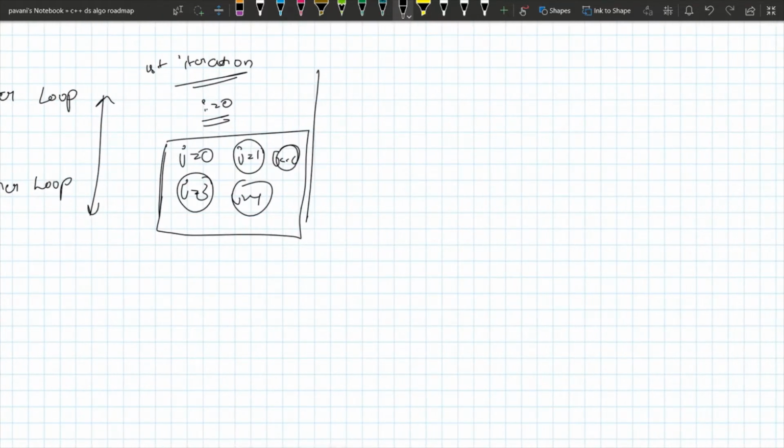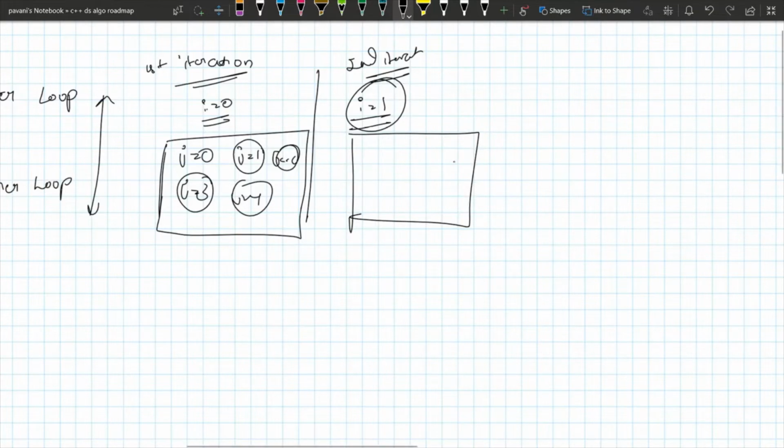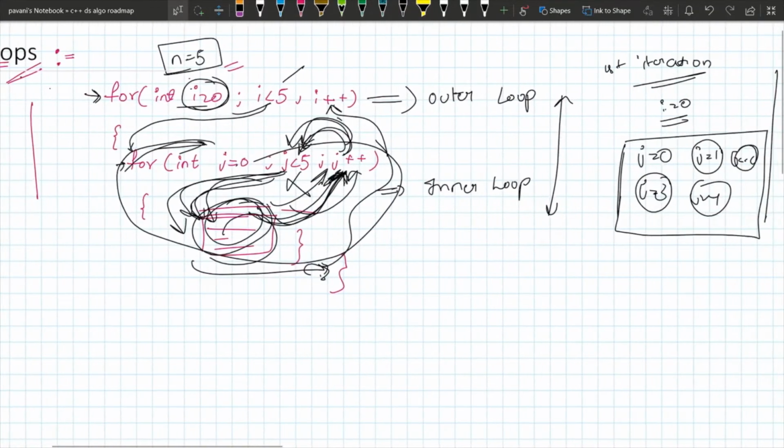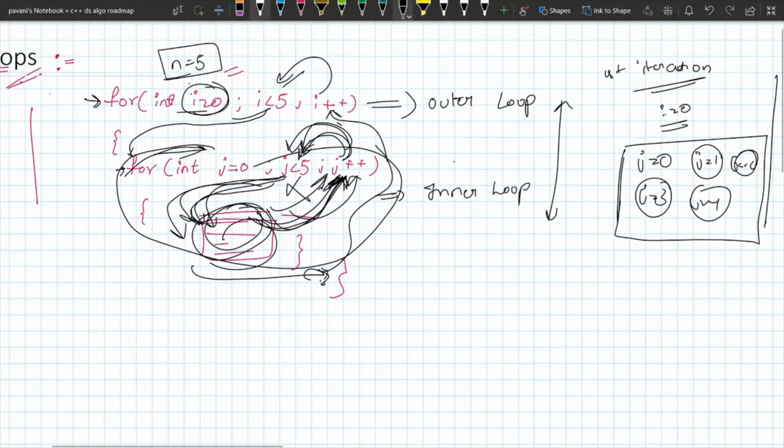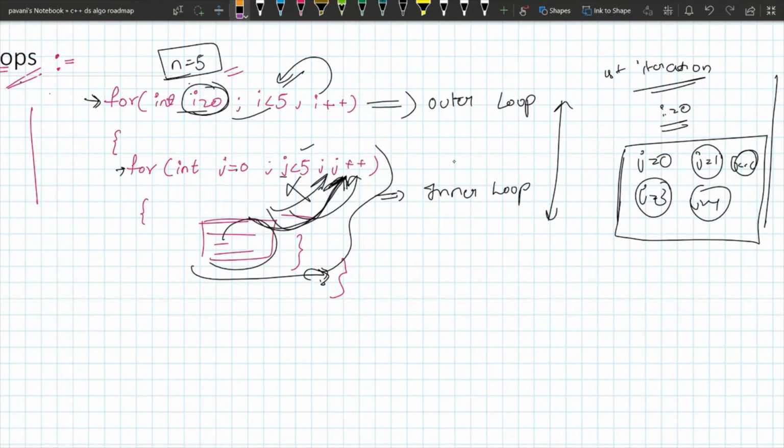Now the second iteration. i is made 1, and now again it checks the condition, i less than 5, right? I'll erase this.